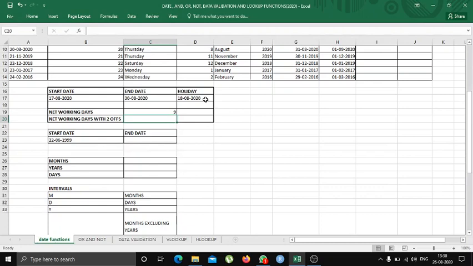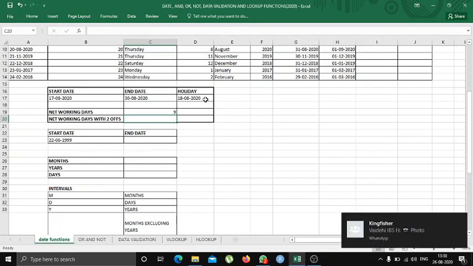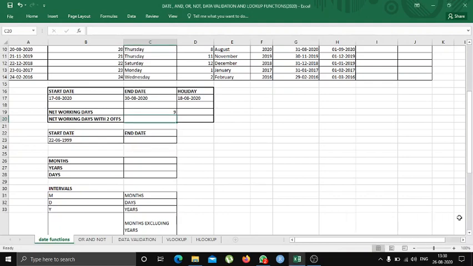For that, you can customize your own weekends or week offs whenever you want. So for that, we have a function, equal to NETWORKDAYS.INTL, open the bracket, select the start date, comma, select the end date, comma.